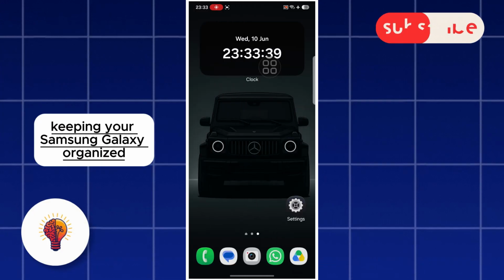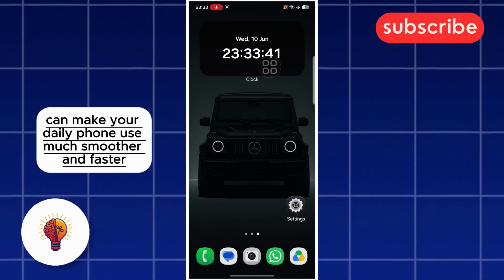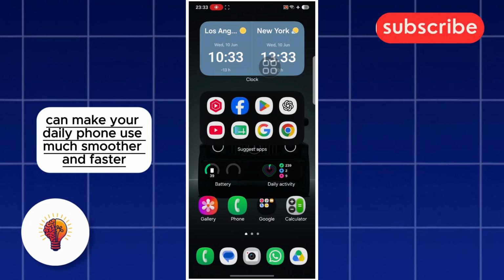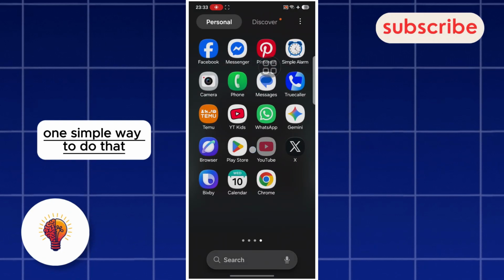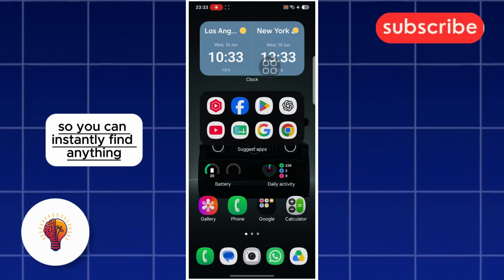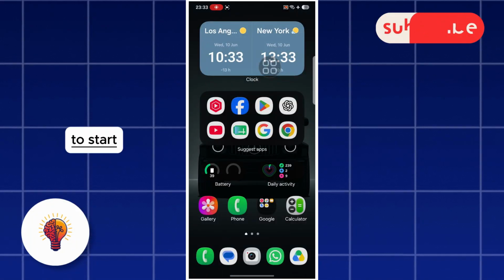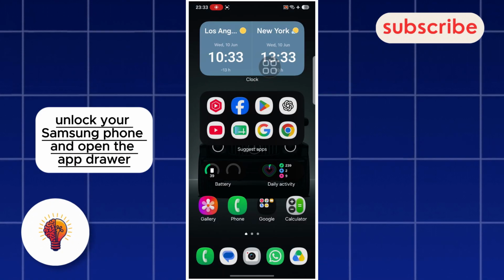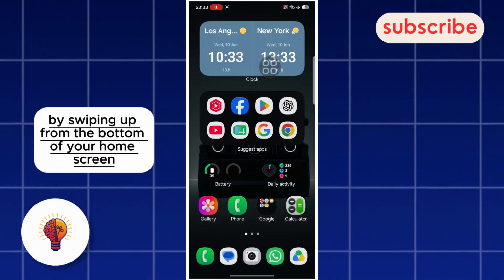Keeping your Samsung Galaxy organized can make your daily phone use much smoother and faster. One simple way to do that is by arranging your apps in alphabetical order so you can instantly find anything without scrolling endlessly. To start, unlock your Samsung phone and open the app drawer by swiping up from the bottom